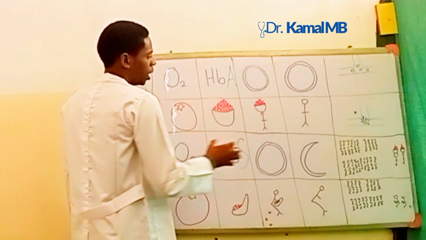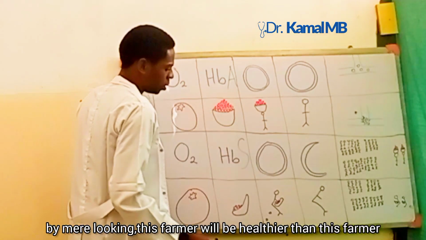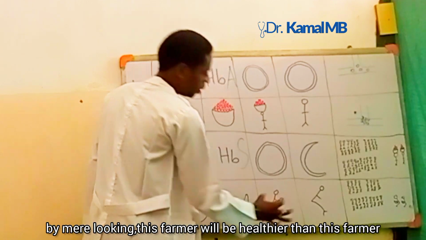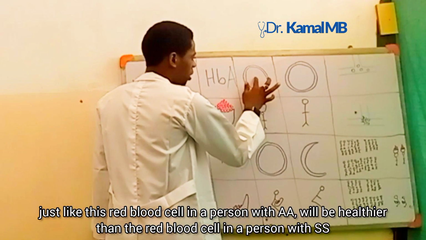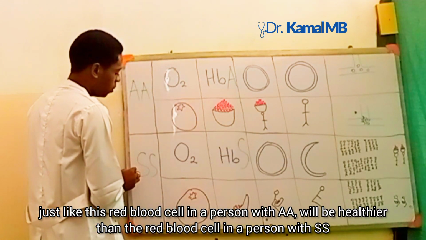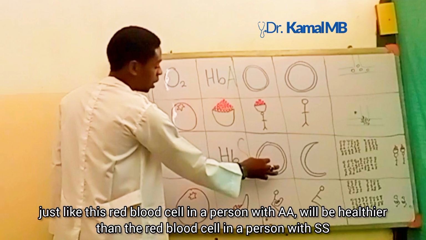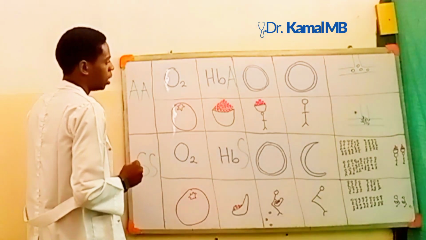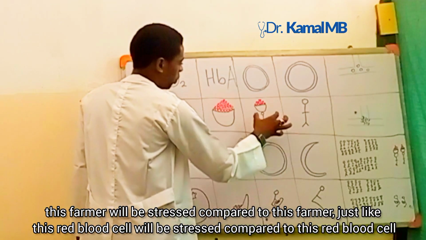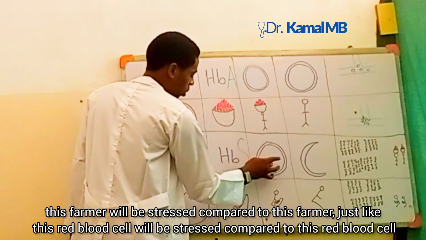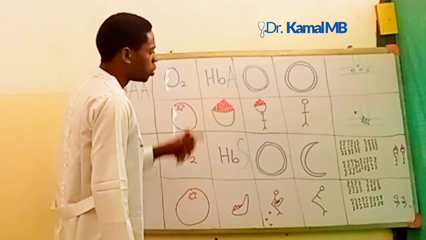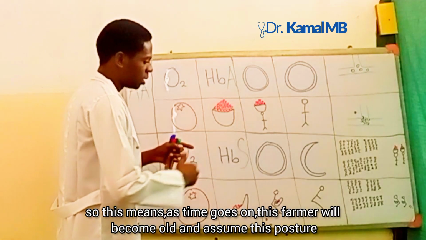Now, by mere looking, this farmer will be healthier than this farmer. Just like this red blood cell in a person with AA will be healthier than the red blood cell in the person with SS. This farmer will be stressed compared to this farmer, just like this red blood cell will be stressed compared to this red blood cell. So this means, as time goes on,